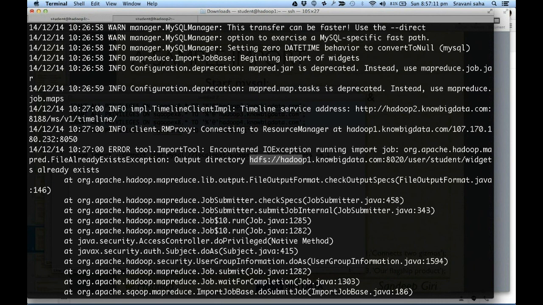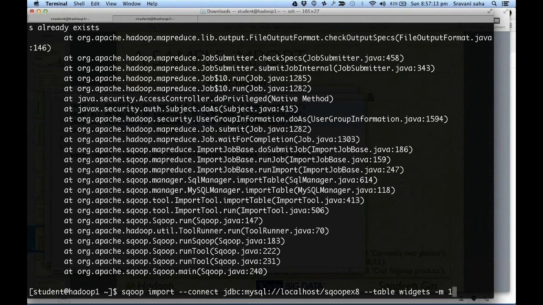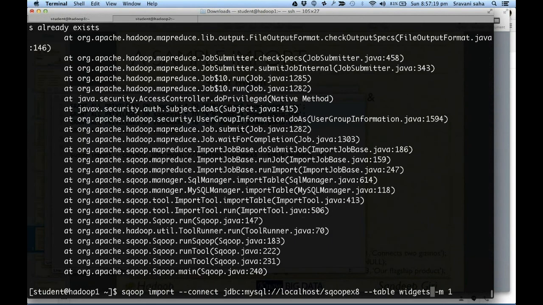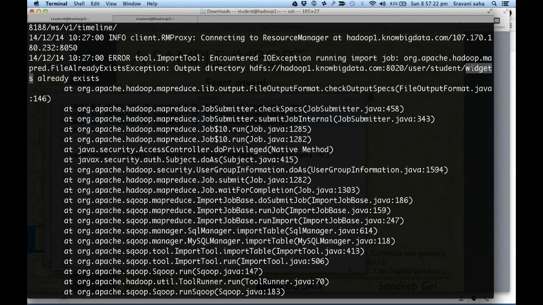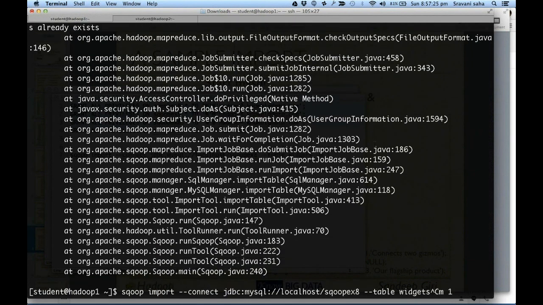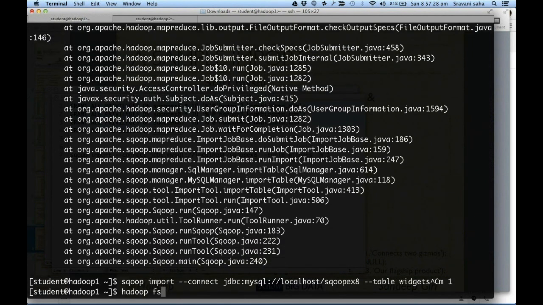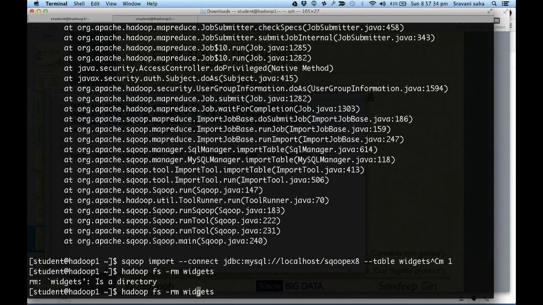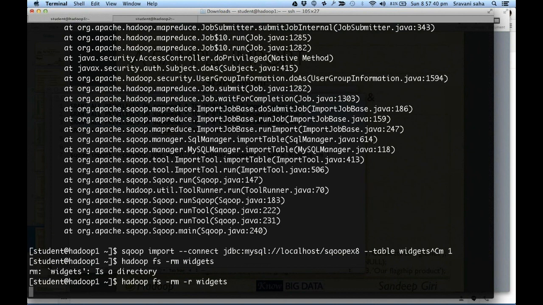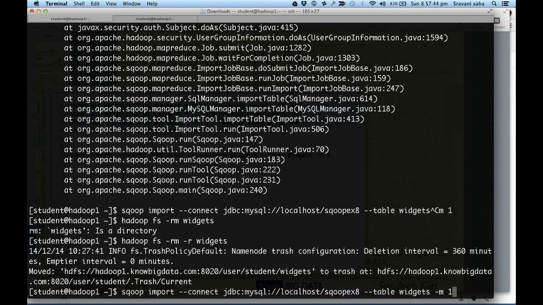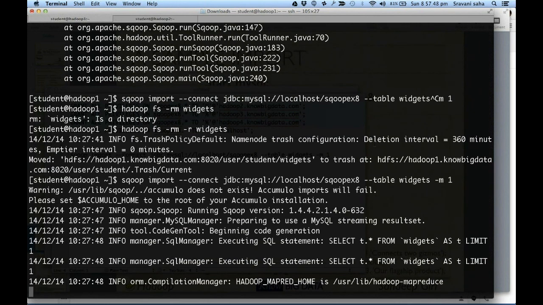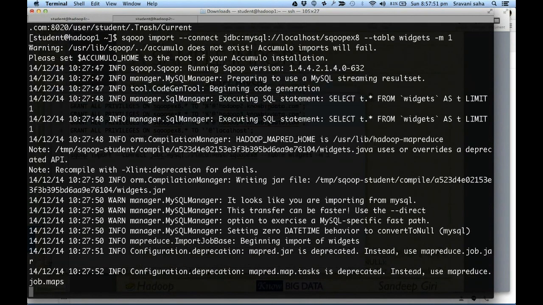It says that the output here is already existing. Okay, so let's just remove this file. It says, okay, this already exists, right? Now, if we have Hadoop fs minus rm, all right. Now let's try again. Let's see if we are lucky enough to. Okay, okay,